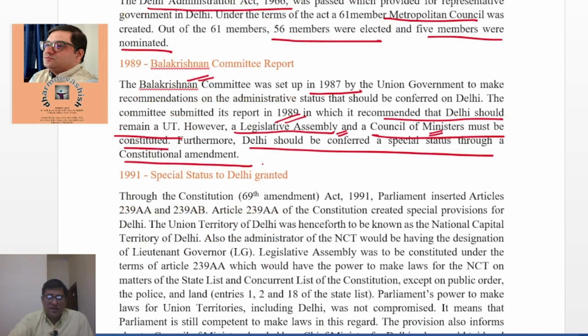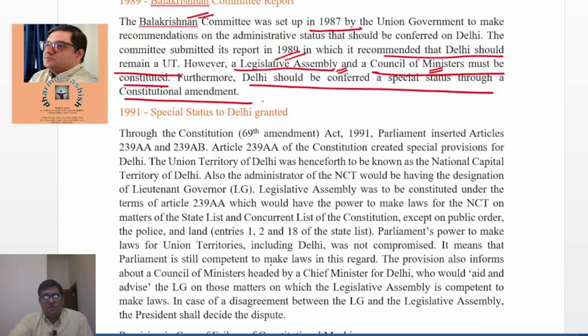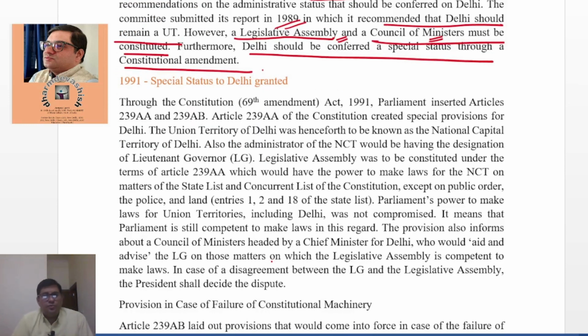Now, by the year 1991, political will had been made up, and this political will of the parliamentarians was displayed through two pieces of legislation which they passed. The first was the constitutional amendment itself. The Constitution 69th Amendment Act 1991, this constitutional amendment provides special status to Delhi, and how this is done is by insertion of two articles, 239AA and